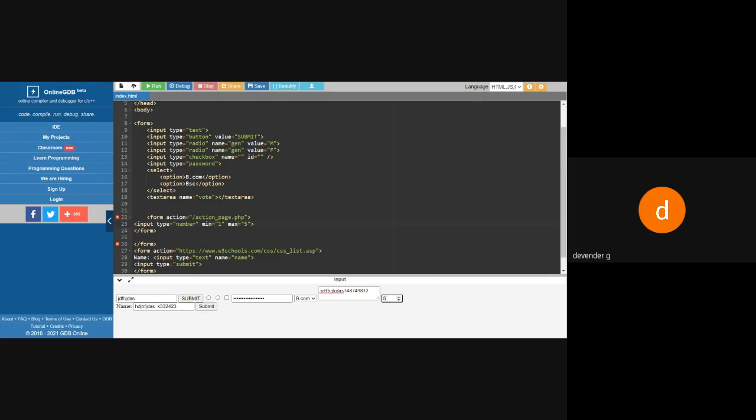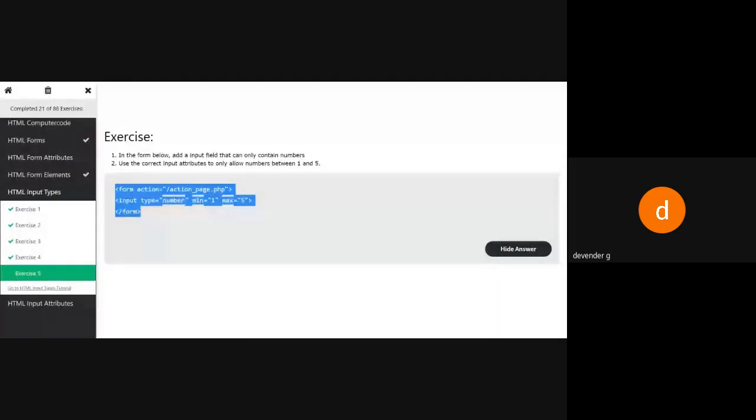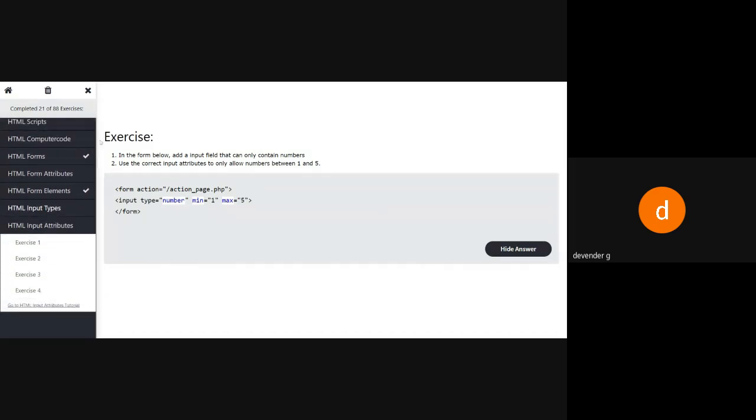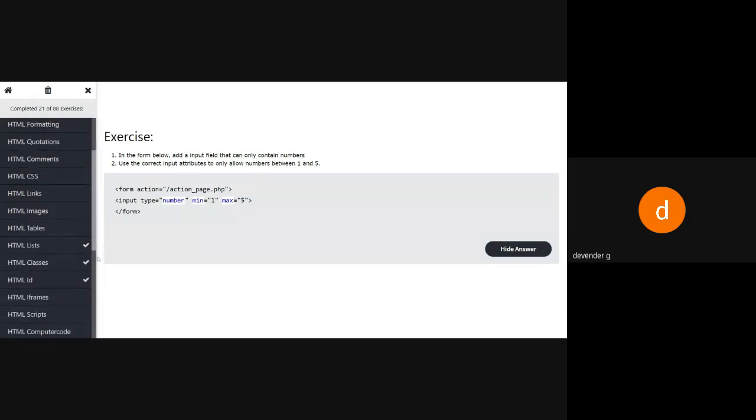Even if you type anything, it will accept, but it is not going to take the values at once. So how will I be writing this one? By saying input type is equal to number, min is equal to 1, max is equal to 5. Now let's see the input attributes.